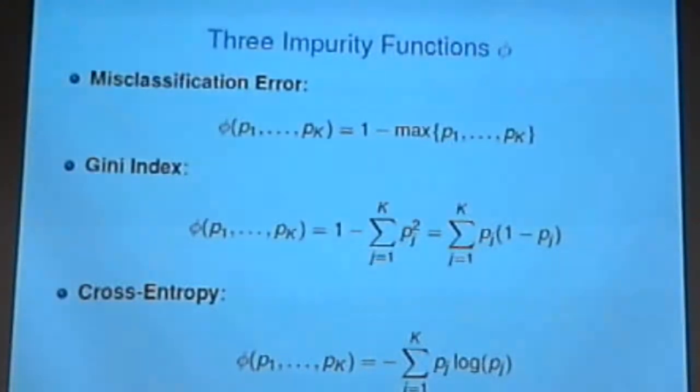Basically, there are 3 types of impurity functions. The first one, which we actually used before, is called misclassification error. It is given by 1 minus the maximum of P1 to Pk. And the Gini index is given by this. If you take a look at this, what does it tell you? For a Bernoulli trial, this is a variance, right? Here, if you have a multinomial distribution,